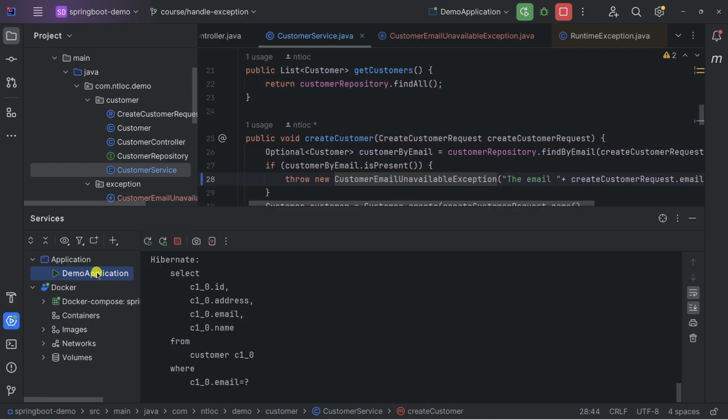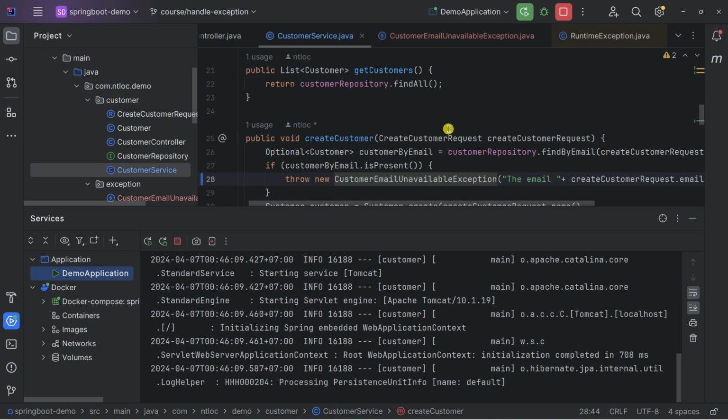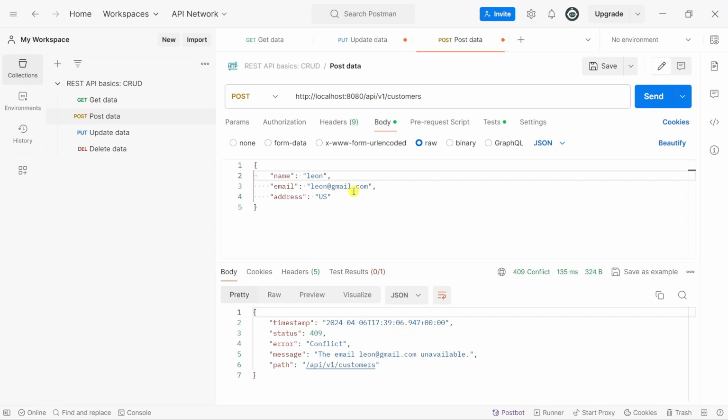Okay, let's rerun again. Go back to Postman. Now if I click on send to create another customer, leong@gmail.com, click on send. As you can see here, we also receive the same result after we create a custom exception.